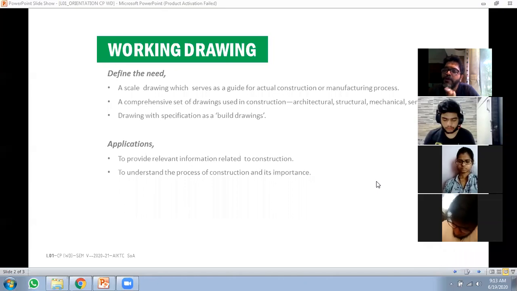Okay, so if you are doing a POP work, it is a part of interior work. If you are building a chair, it's a part of interior work. If you are building a TV unit, it is part of interior work. But if you are building walls, if you are plastering the walls, everything is a part of civil work. If you are building a kitchen platform, it is part of civil work. If you are building a door, windows, it is a part of civil work because it involves